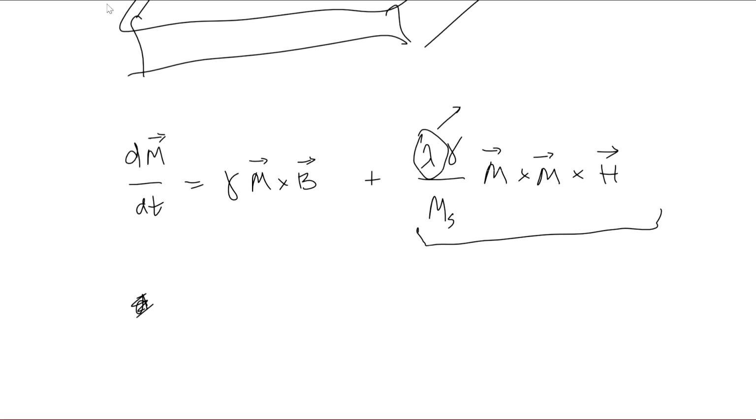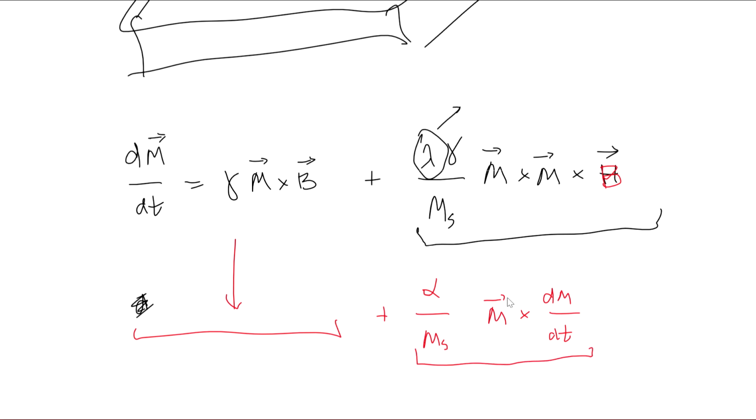So what I will do, I will write it with a different color. So it's this one part plus a simpler form, alpha divided by saturation magnetization. Oh, H, that should be B, or I should put M, no, not. So alpha M cross dm/dt, which is the same. You see, m cross B is our dm/dt in the lossless equation. So this term is responsible for damping. And this was introduced by Gilbert